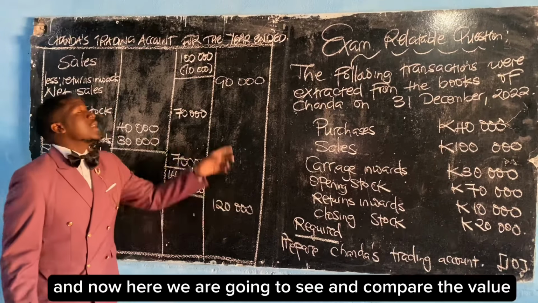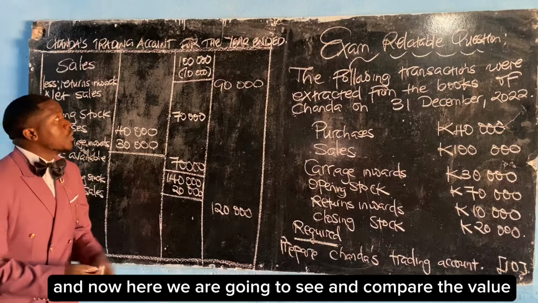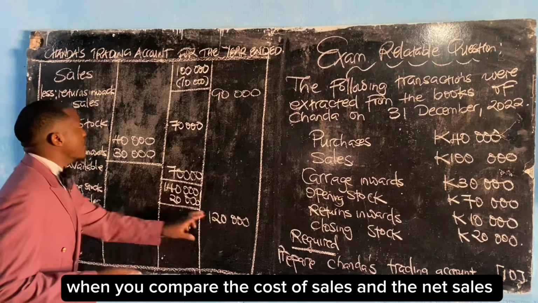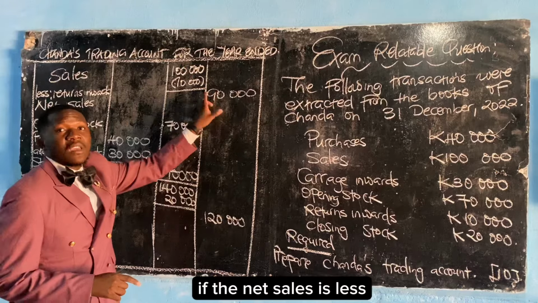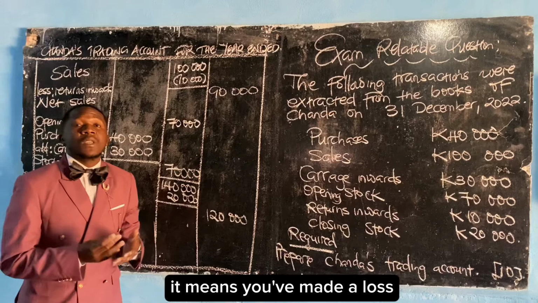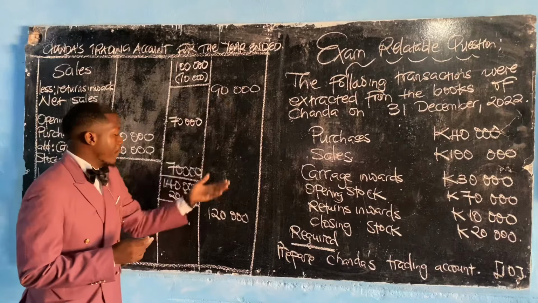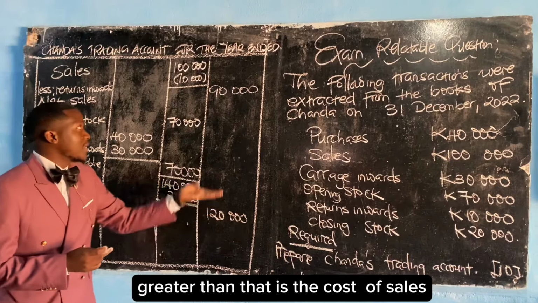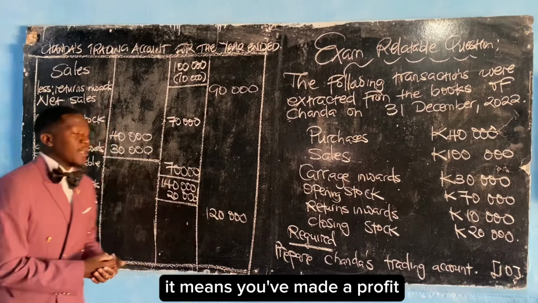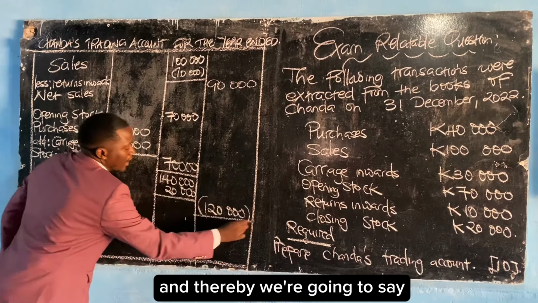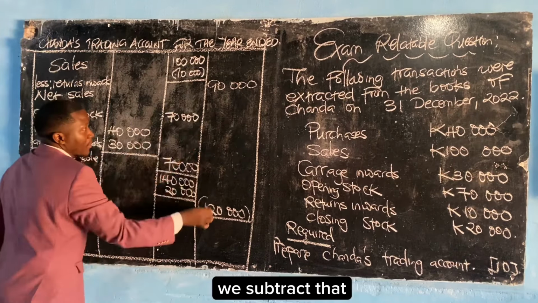of sales. And now here we're going to see and compare the value. When you compare the cost of sales and the net sales, if the net sales is less, it means you've made a loss. If the net sales is greater than, that is the cost of sales, it means you've made a profit. So this means we're going to subtract here, and thereby we're going to say when we subtract that,